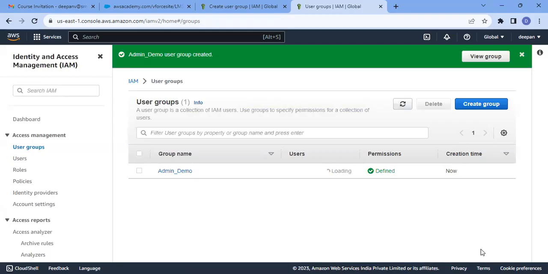It takes a time, but at the top you get a green symbol: admin_demo user group has been created, and we have attached one policy called AdministratorAccess to this particular group called admin_demo. Indirectly, this user group called admin_demo would be the admin user. So once it's been created,